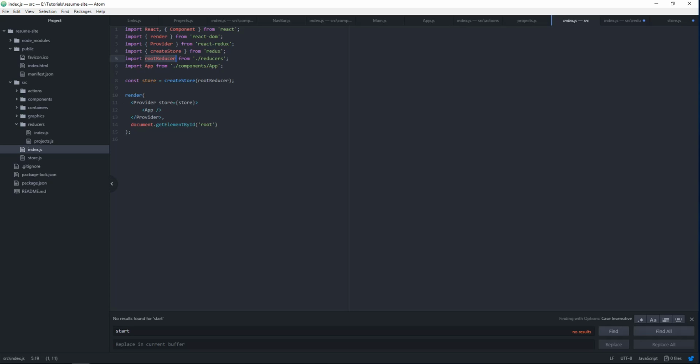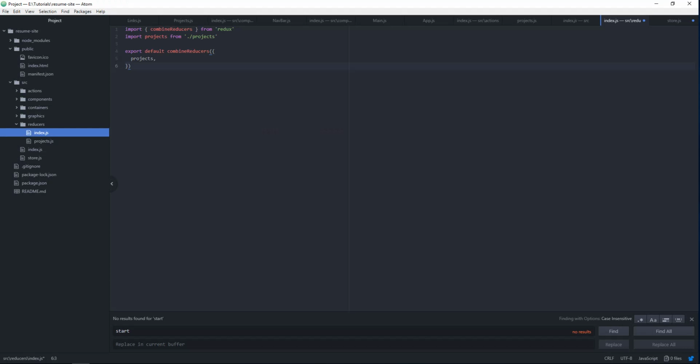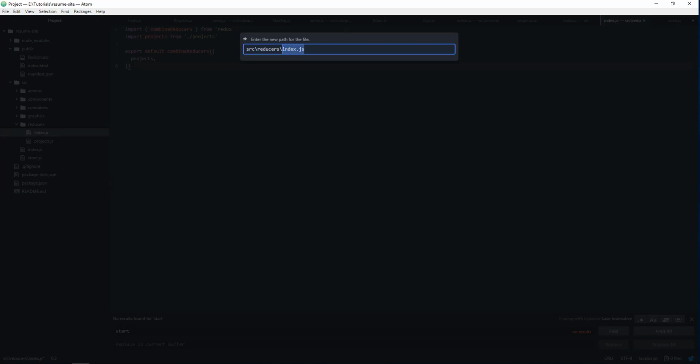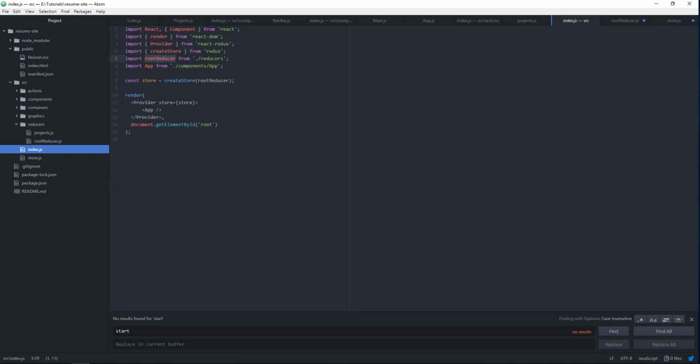So let's just call it root reducer. Same thing as they did here. We're going to go ahead and rename. So instead of index.js, we're going to rename this to root reducer. That way we just have a little bit easier of a time later on, because like I said, again, we imported it here,